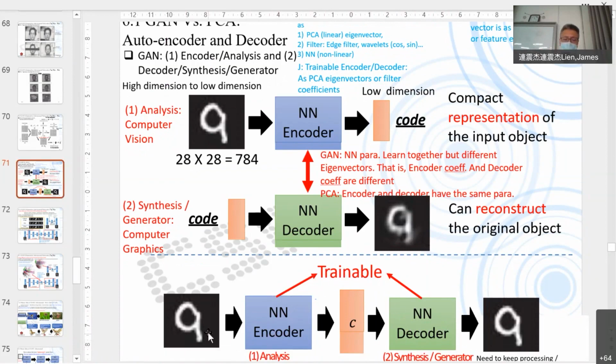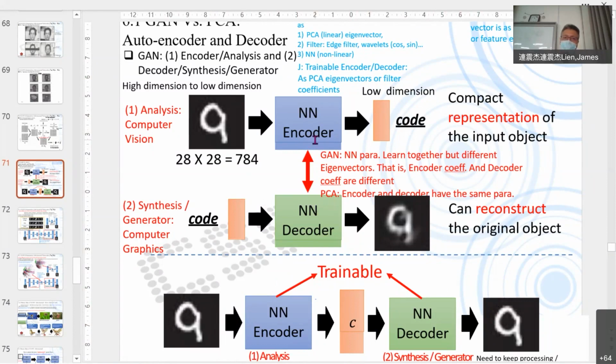So after you project to the eigenspace, get the projection weight and reconstruct, the reconstruction result will be the same as, or closer to, the input, because this is your loss function. This one has no loss function.